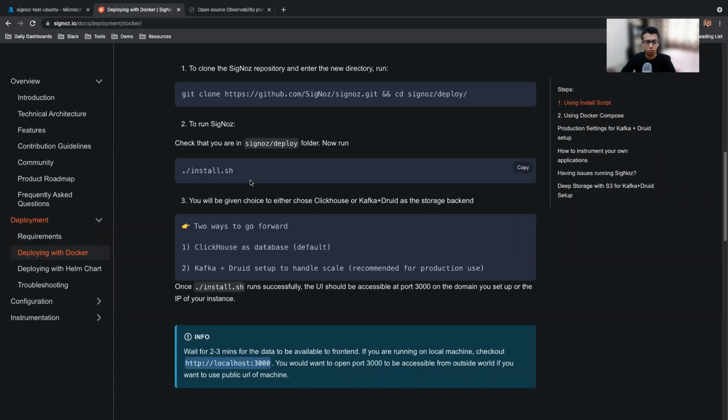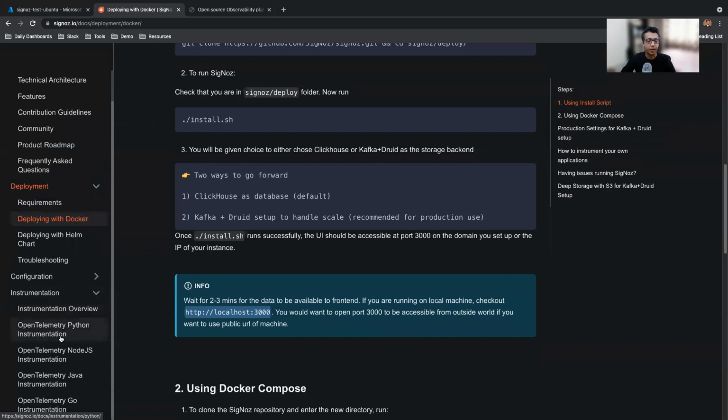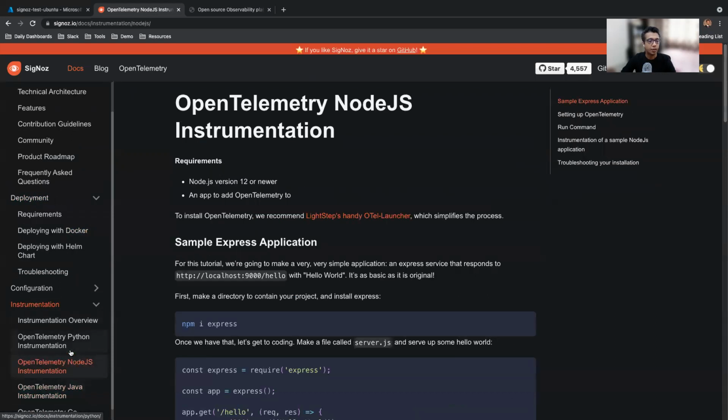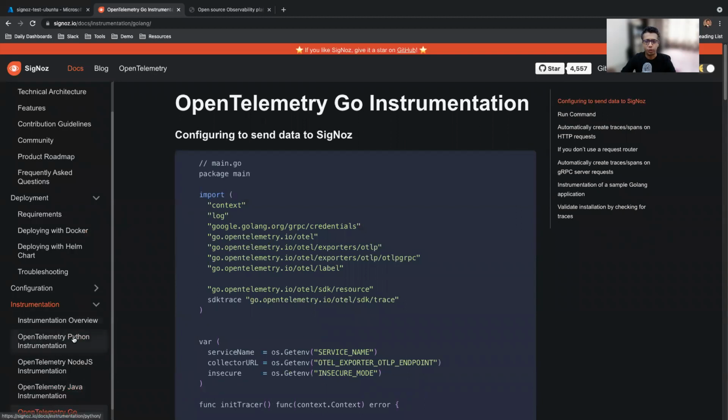So this has just installed the Signals backend and the UI on your machine. Now you'd want to send your application data to Signals, right? So you have to instrument your applications based on the language and framework which you have, Python, Node.js, Java, and this I have talked about in more detail in other videos.